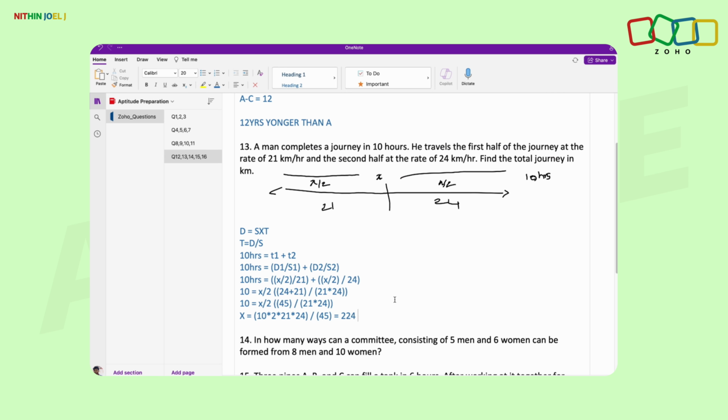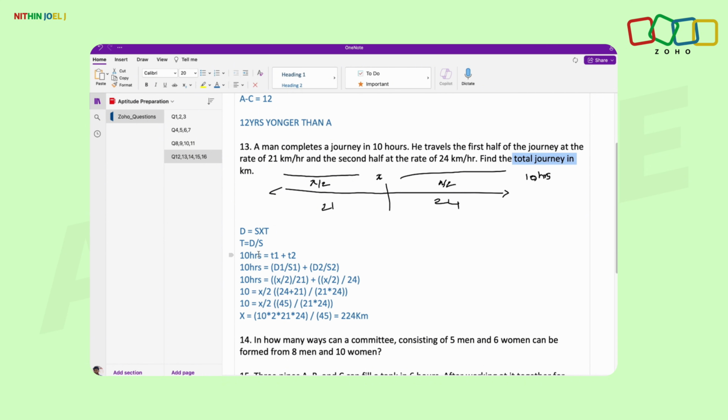So the answer is equal to 224. So the total distance the man traveled in his journey is 224 km. This is a numerical based on the formula of distance, which is distance is equal to speed into time. So we are just making this equation in terms of time, because we have the total time the man has traveled